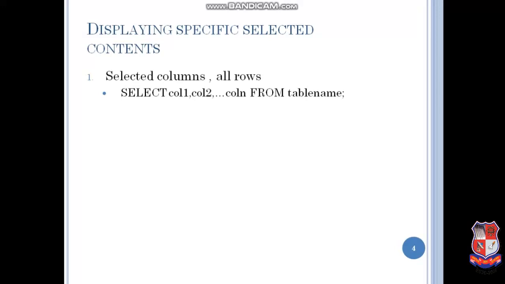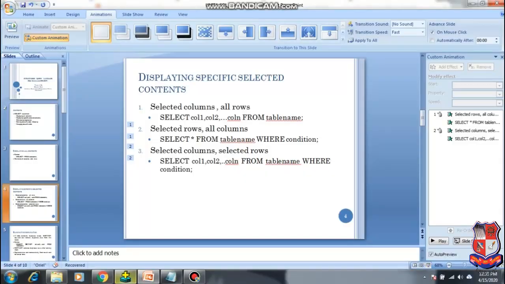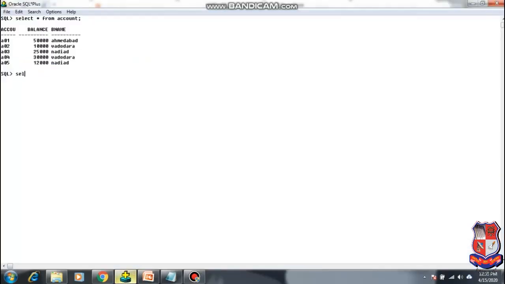If I want to see only say account number and branch name, then I can use this option. So as you can see, the list of all columns is not displayed but only selected columns are displayed.